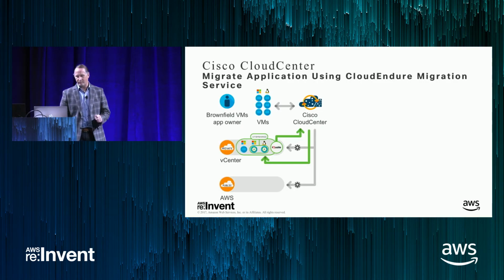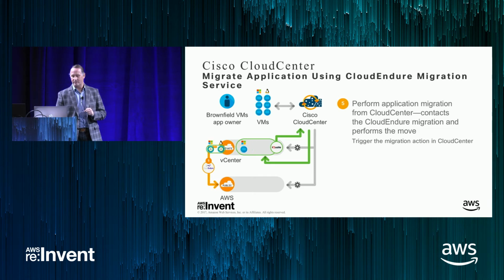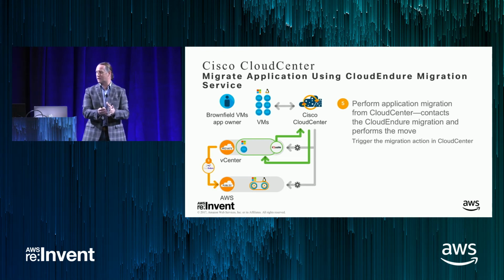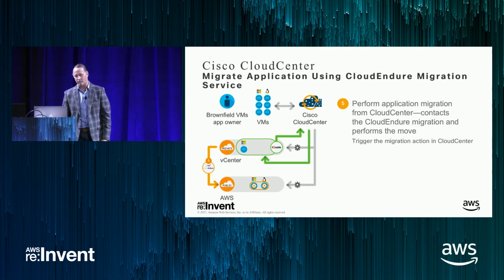Okay? Now we get into the migration. We have what we need to know of what the source looks like and what good looked like. We're now going to trigger this. So CloudCenter is actually calling and sending this information. This is all API-driven at this point. I'm using a lot of screenshots and visuals here. You could automate the whole thing end-to-end because all these products have APIs. So CloudCenter is now calling Cloud Endure and saying, please start doing this action on this set of things. So Cloud Endure is the engine doing it, but it's being directed by the orchestration. As for the process of lift and shift and fix up and all that, they have a booth if you guys want to know more about exactly what happens in the nuances.